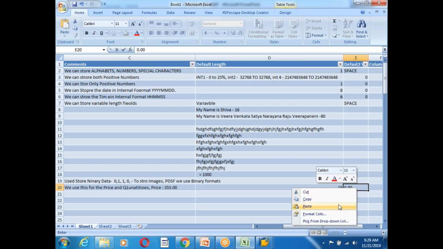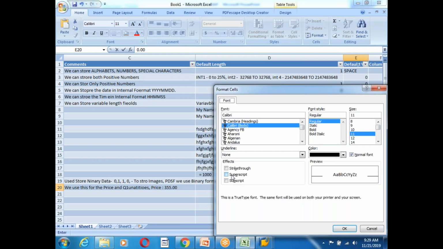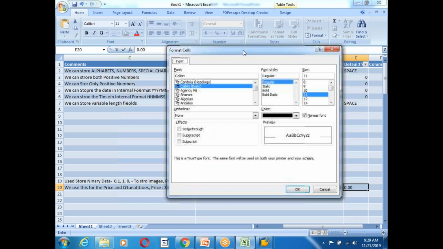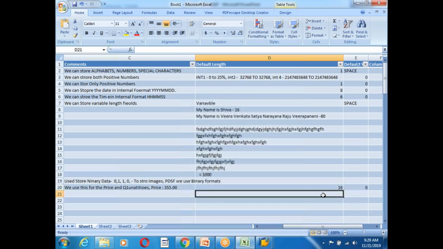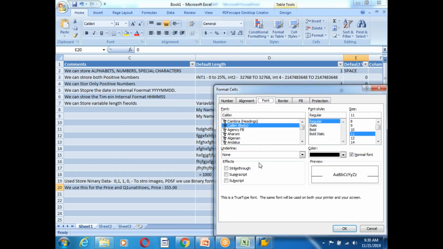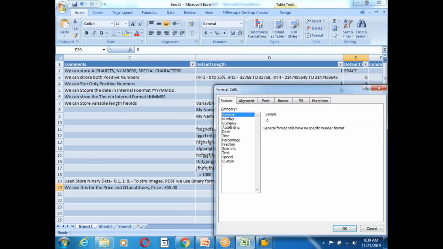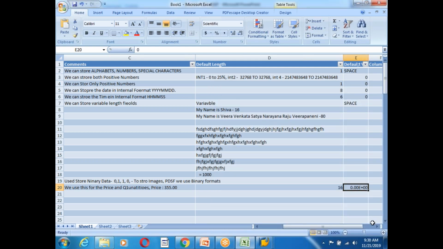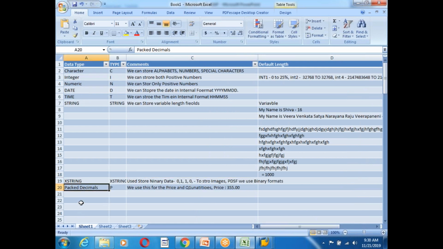Maybe I can show this with format cells. It takes 0.00. So this is the packed decimal, and also we have floating